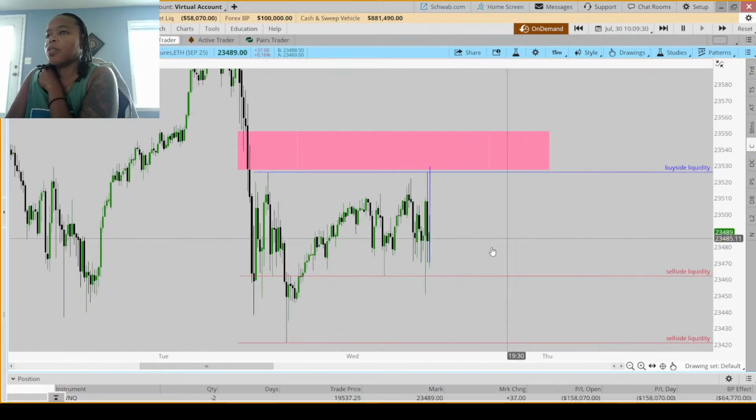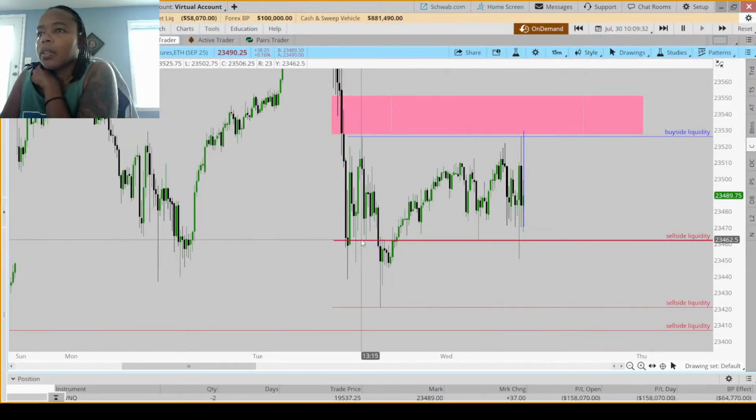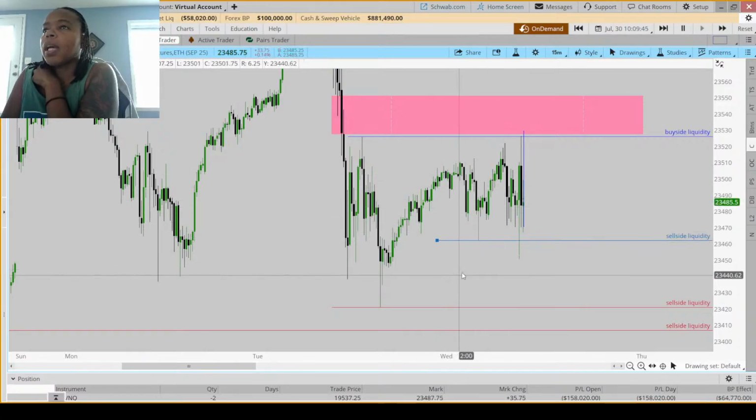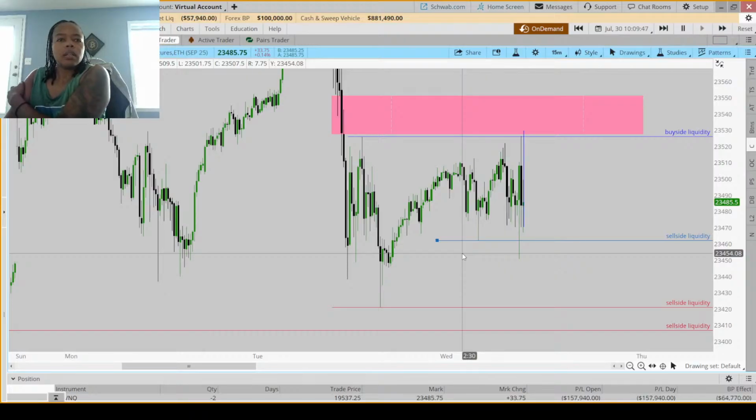So this is what you could have done. So I would have set that, like the London low. So I would have set that sell side liquidity for the London low. And then,